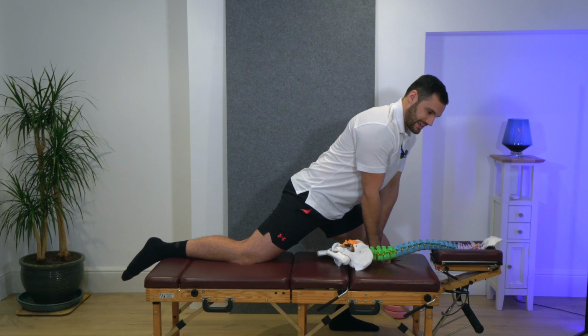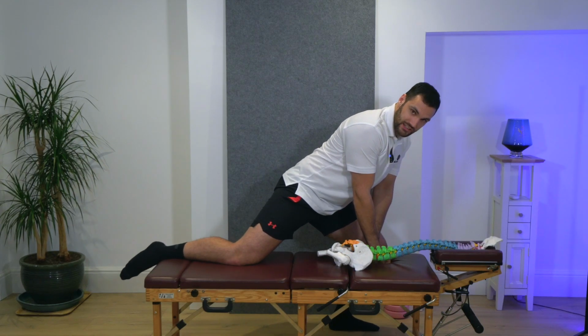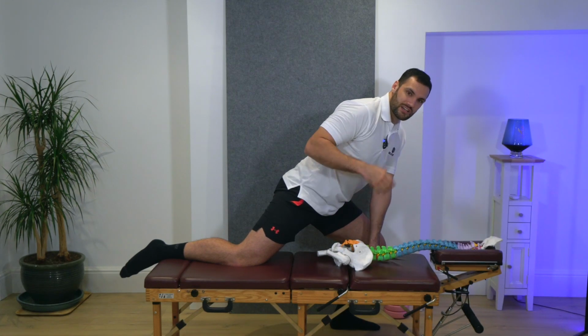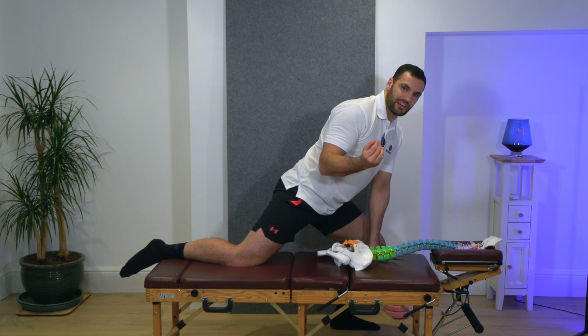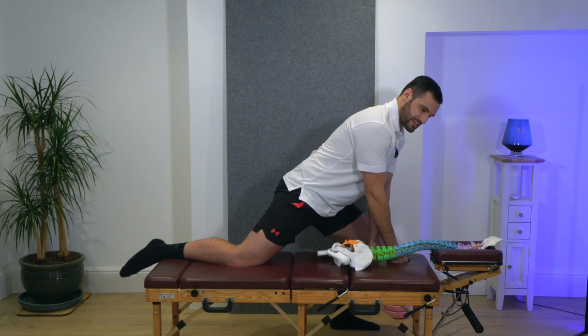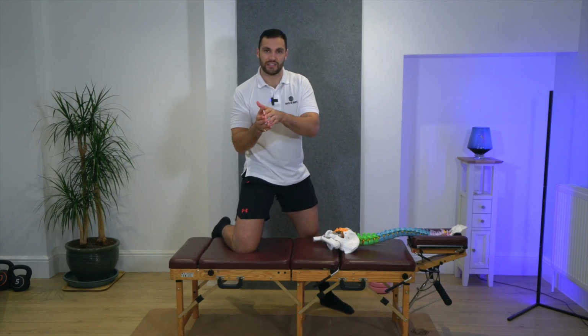You can again here make slight modifications. For example, you could turn your leg out a little bit, move your knee slightly towards you guys where the camera is, and drop there, and you'll find that will slightly modify the feeling of stretch where you're feeling it in that hip or groin region. These little tweaks can make a significant change to make the stretch a little bit more targeted for you and